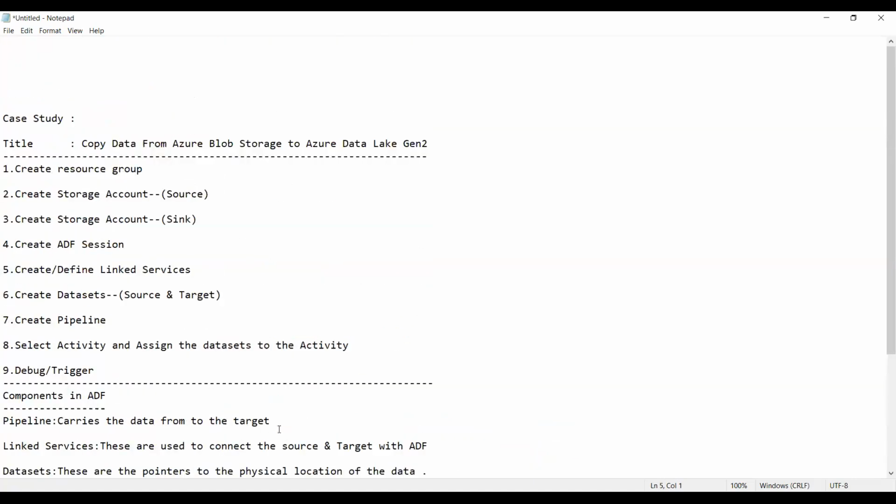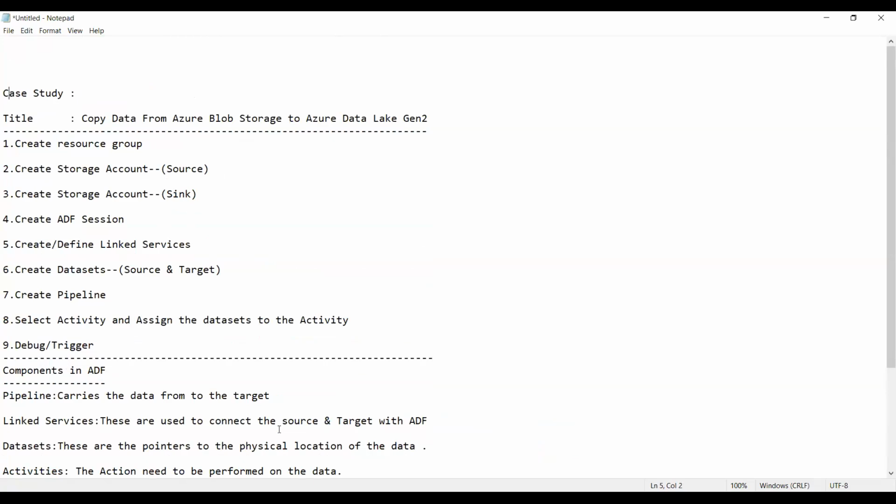The case study is case study 2: copy data from Azure Blob storage to Azure Data Lake Gen 2. The first step is create a resource group. The second step is create a storage account that is the source, and create a storage account that is the sink. The third step, and the fourth step is create ADF. The fifth step is create or define the linked service. And the sixth is